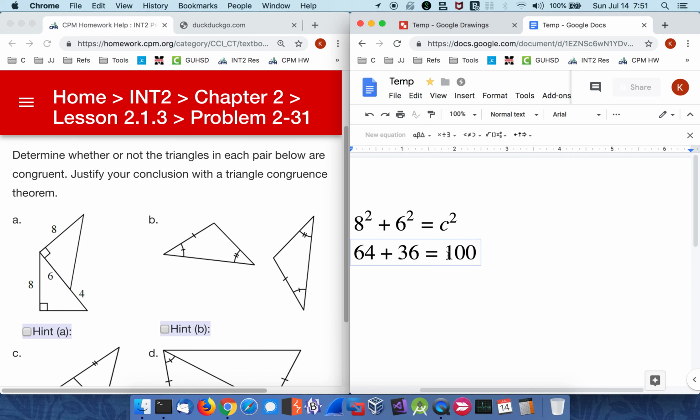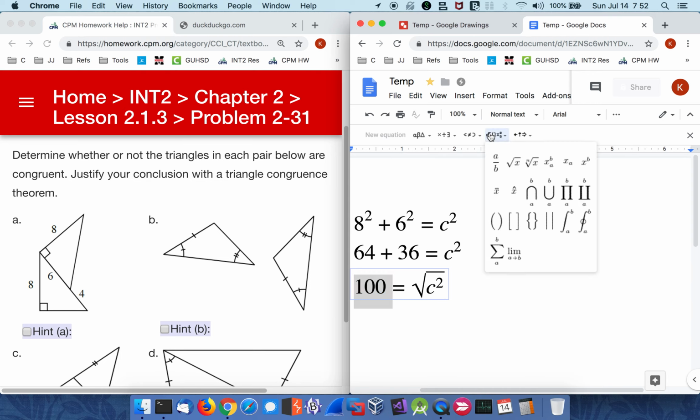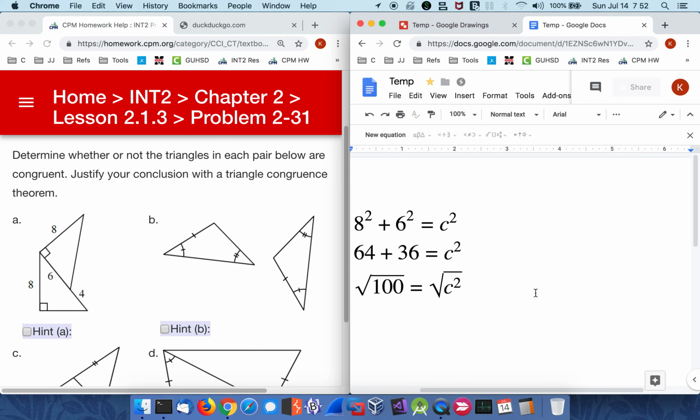But, so I guess we could do it this way. Hold on. Let's do equals C squared. So then we know that 100 equals C squared. And so now we want to take the square root of this one. And that means we need to take the square root of this one. All right, so the square root of C squared